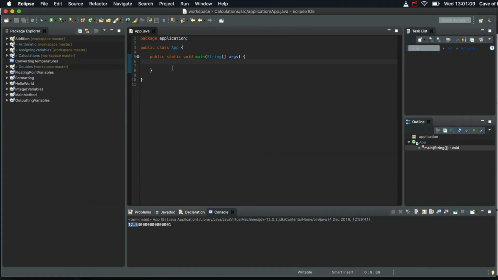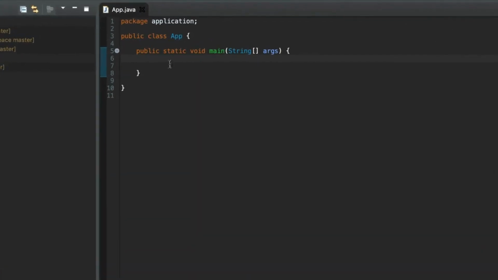Hello, in this video we're going to take a look at doing calculations. So let's say I've got some people and their average height is 1.67 meters. So double height equals 1.67. Now let's say I've got 7 of these people and they're performing acrobats, and they're going to all stand on each other's shoulders, and I want to know how high 7 of them will be standing on each other's shoulders. So I could just write sysout height times 7,